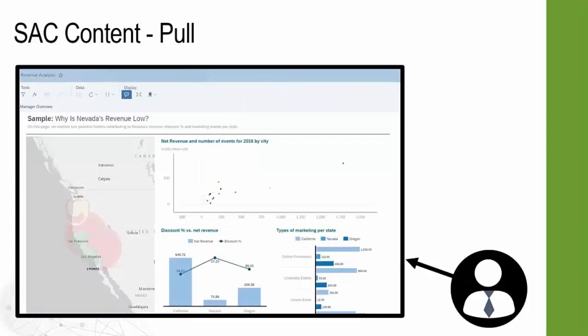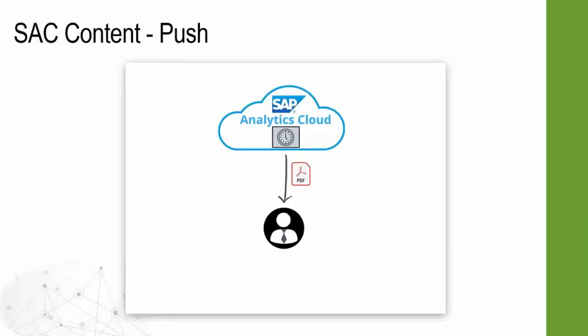So this process works very well, but there are certainly situations where we need to focus more on a push of content. Now, very recently, Analytics Cloud has released capabilities for being able to do scheduling of Analytics Cloud stories and then be able to distribute those by email in a PDF form. So that's important new functionality and will be quite well used, no doubt. And so we're pleased that that is now available. What we see, though, is that those are fairly basic use cases.